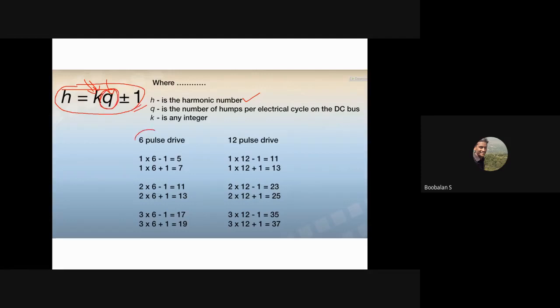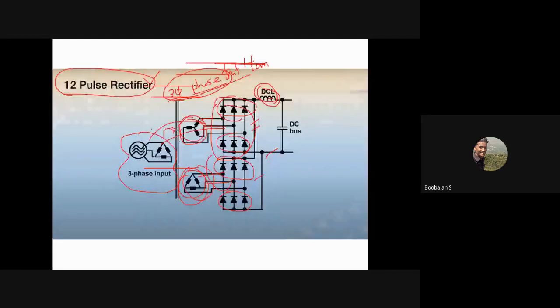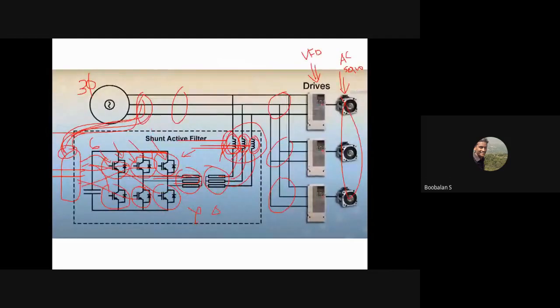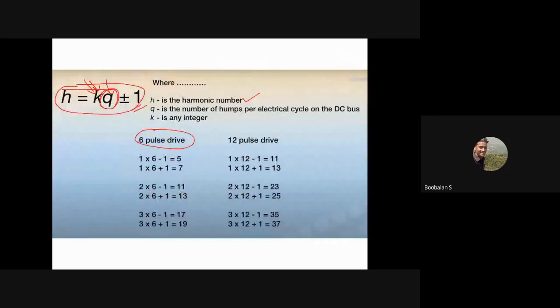So if you're using a 6 pulse rectifier, for example this one, we could calculate the first order harmonic or second order harmonic. How many switching devices? 6 devices, right? So 5 and 7. And second order harmonic, third order harmonic. The same way, if you are using a 12 pulse rectifier drive, then you could have the calculations. So these are my harmonics levels. You could see 5th order, 11th order, 7th, 13th, right? So you could have different types of harmonics over here.